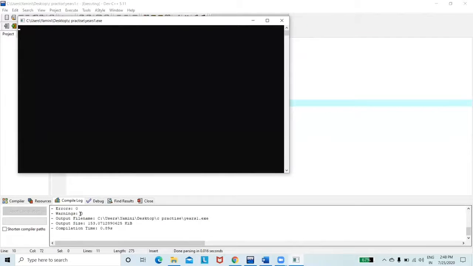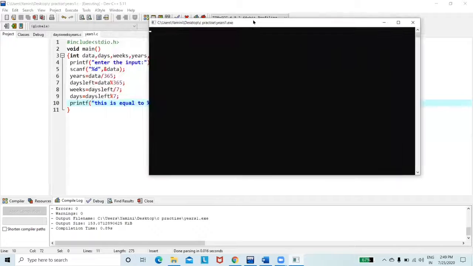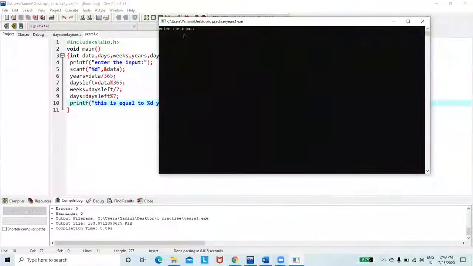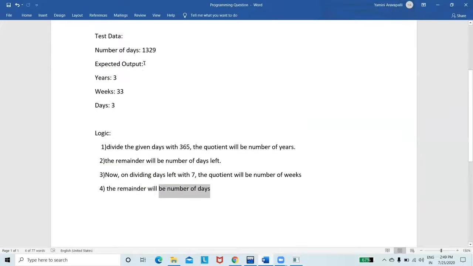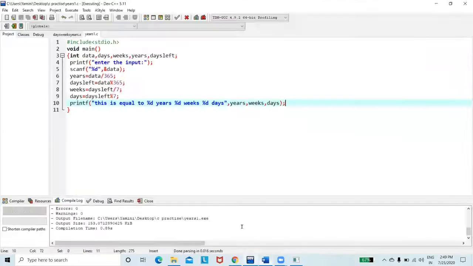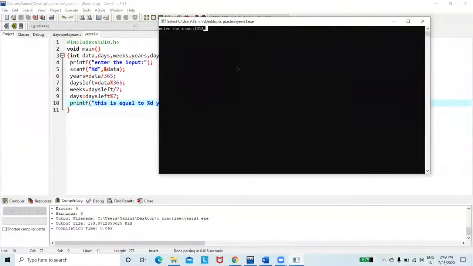So there are no errors and we run it. Let's wait for the output. Here is the output: Enter the input. So I have to give some input, right? Let's use the standard input we have taken for checking, 1329. I'm giving 1329 here.